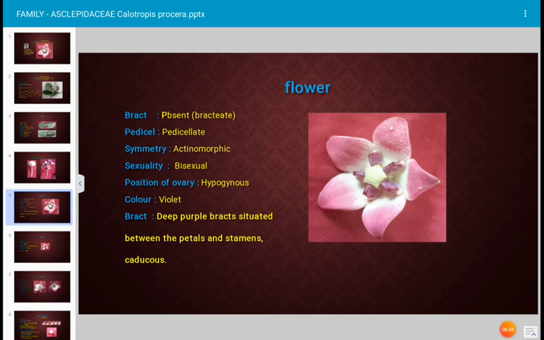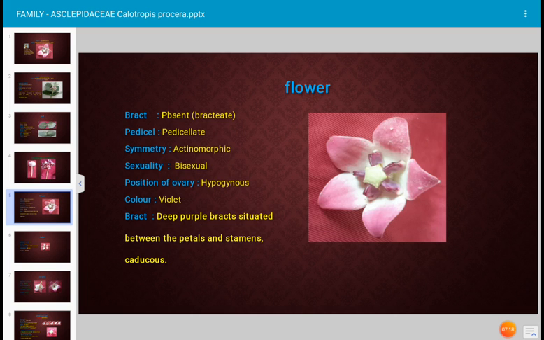Color, how is the color of the flower? That is violet. And in Calotropis procera, bracts are present. The bracts are deep purple. They are situated between the petals and the stamens, and hence the flower is bracteate. The bract is caducous, meaning after fertilization of the flower, the bracts dry up